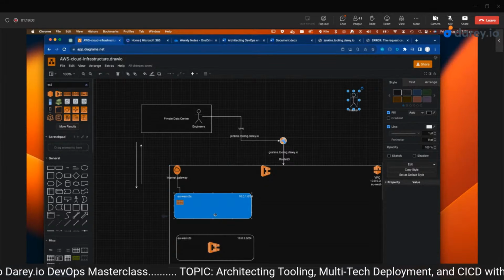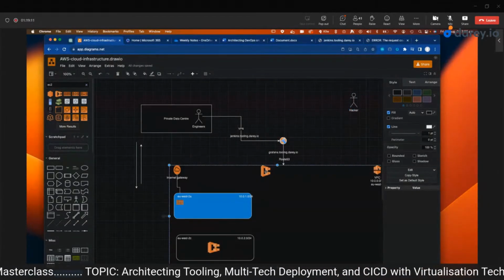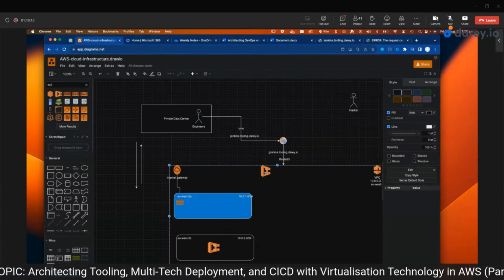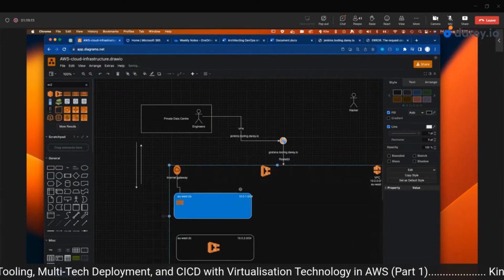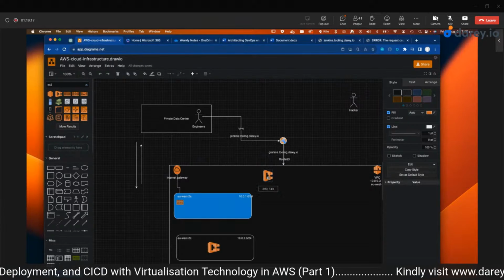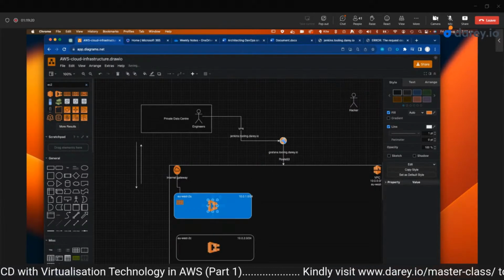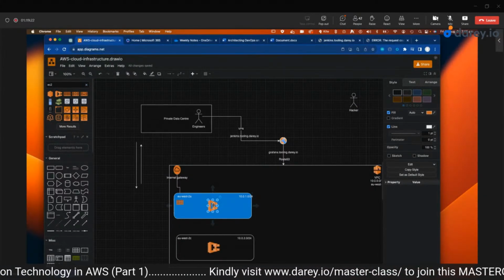So we need to find a way to ensure that the good guys are still going to be able to access,